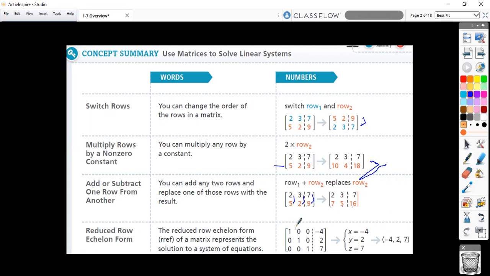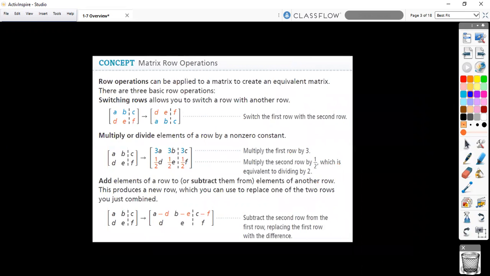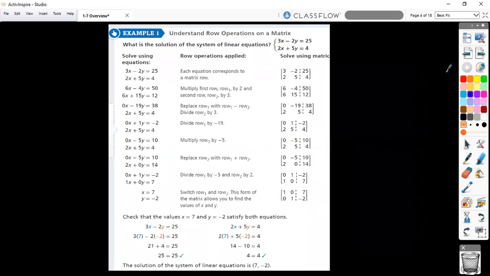And then the bottom one, notice if you can get it in this form where there's a 1 in the first spot, and then as you go down, they progress. When you do that, you'll see when we get to it, then you can pick out the answers to the whole system. This just repeats the same thing. So looking here at this example,